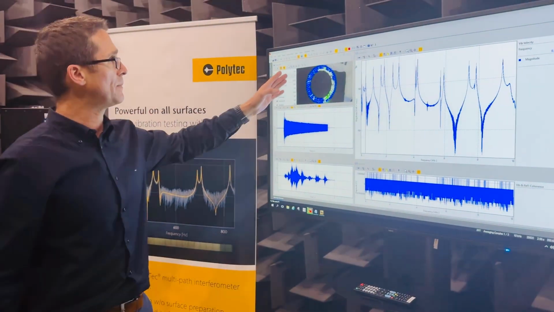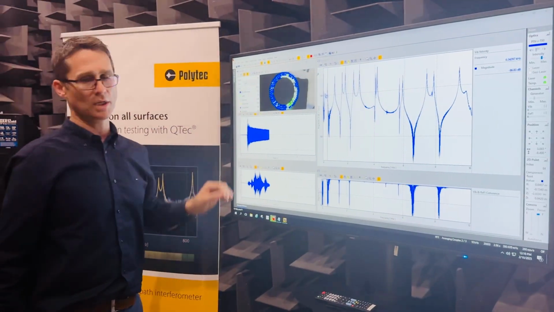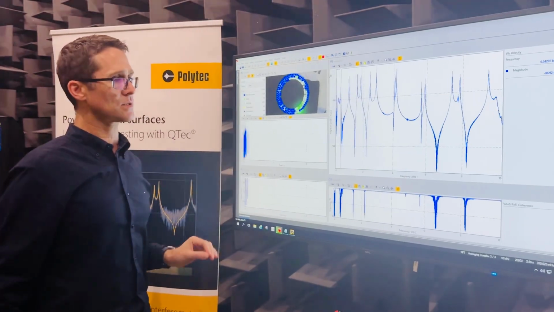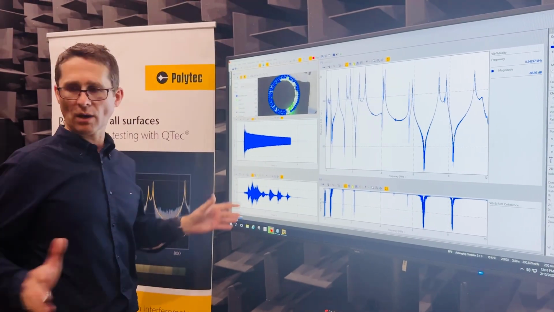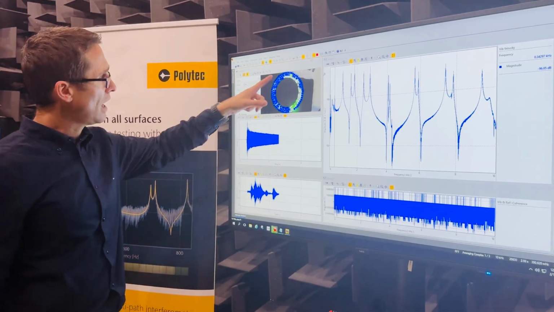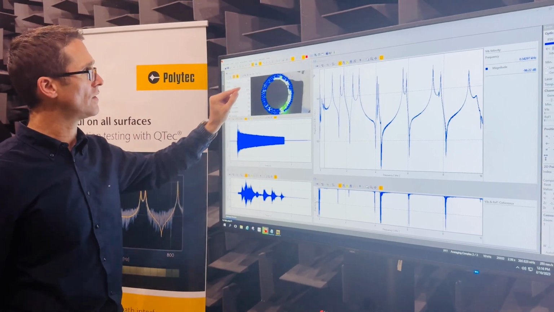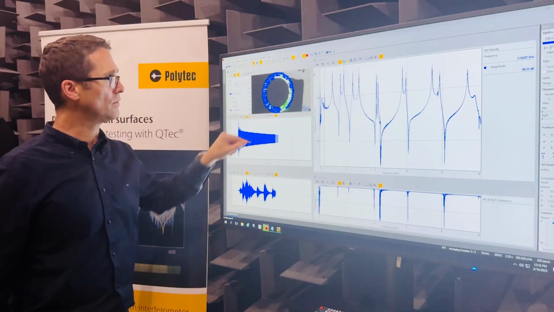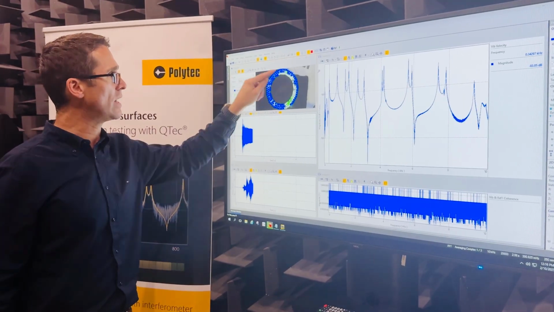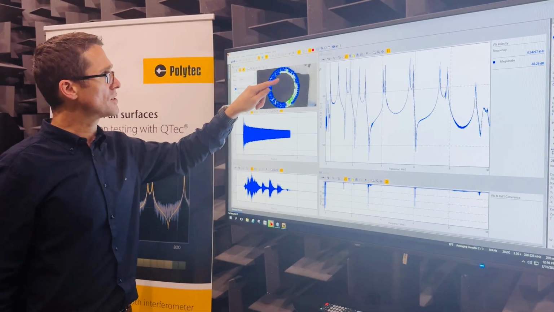If we come around and have a look at the software now, I can describe what's happening here. This is the software solution that we're using that's delivered by Polytec with the scanning laser vibrometer. I've set this measurement up with a series of data points. I've got 155 discrete points around the axisymmetric ring here, and you can see that some of those points have